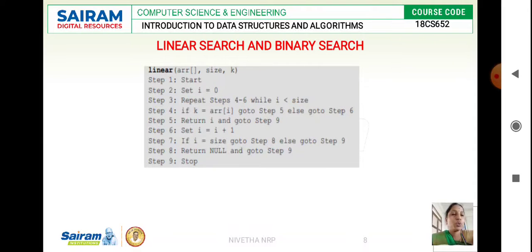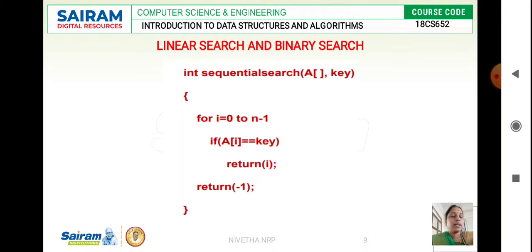Otherwise, it goes to the next element in the array, that is, I equals I plus 1. We continue this until we find the element. If the element is found, the position of that particular element is returned. Otherwise, it increments the index until it reaches the end of the array. See, this is the routine for linear search.